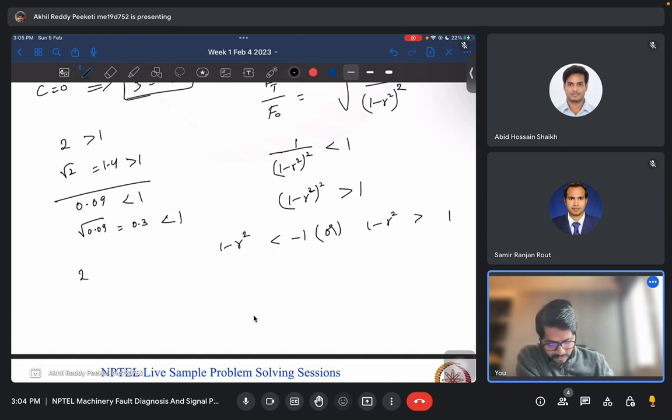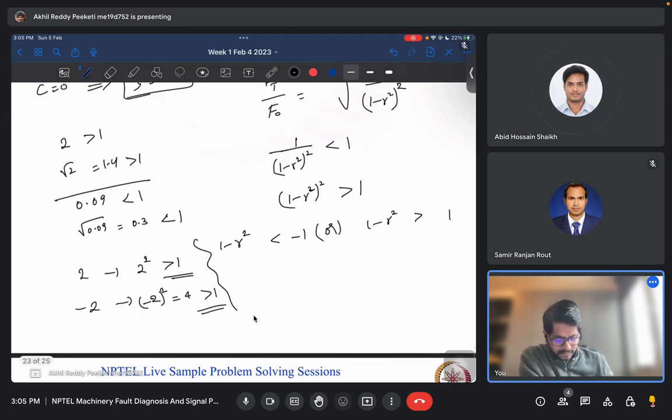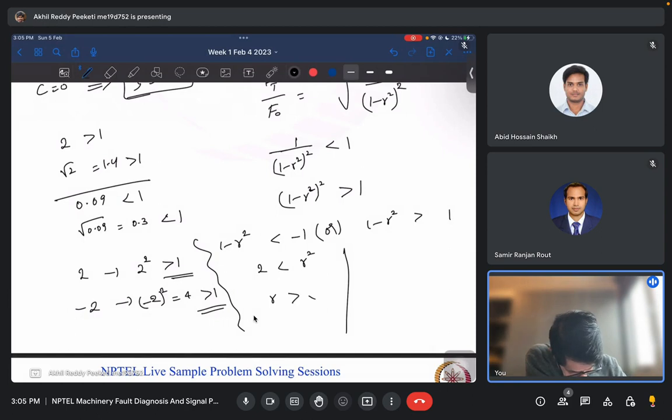Because if you take 2 and minus 2, 2 square is greater than 1 and minus 2 whole square. So you can either be less than minus 1 or greater than 1. In both cases your square will be greater than 1, right? Yeah. So if we do that, then the first condition will give us 1 plus 1, 2 less than r square, so r greater than square root 2,